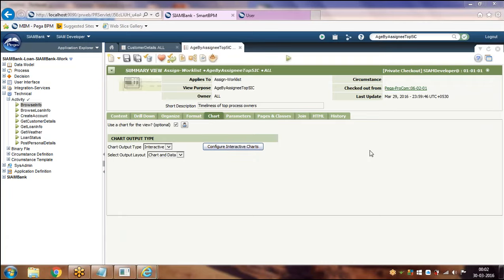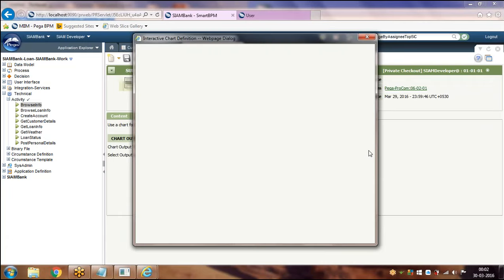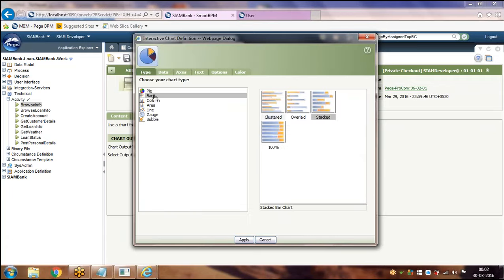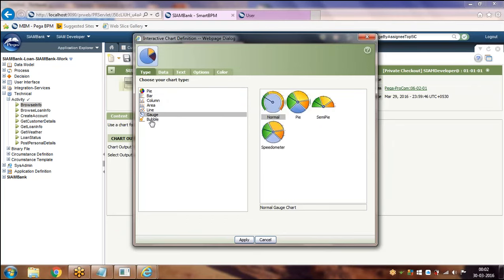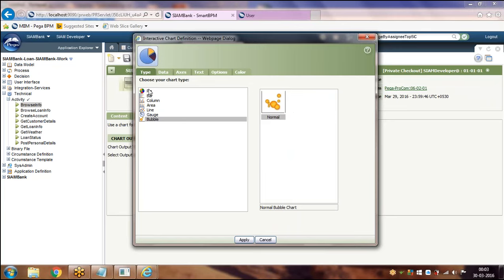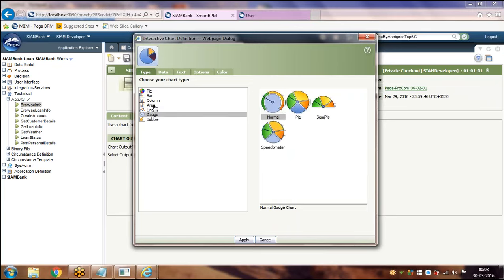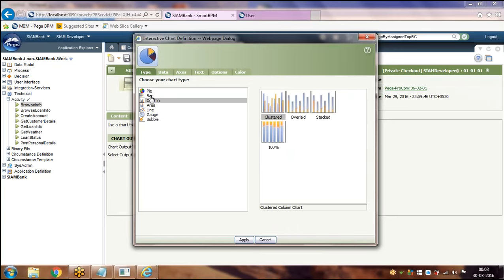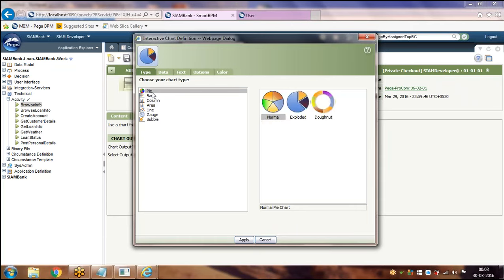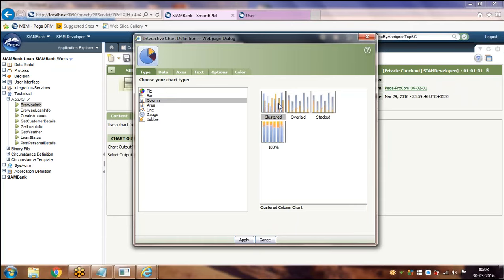Just click on configure iterative charts. So here you can select what type of report you want to generate: pie, bar, column, area, line, gauge. These types of charts are available. There are so many out of the box charts available here.